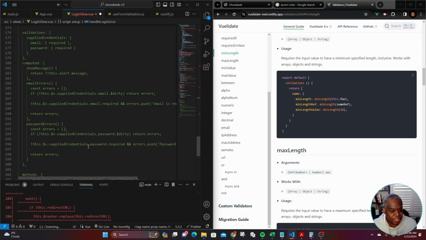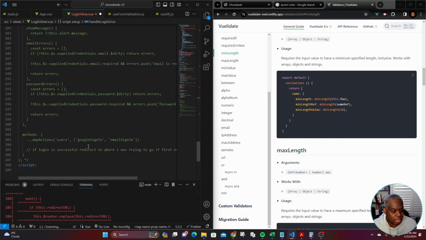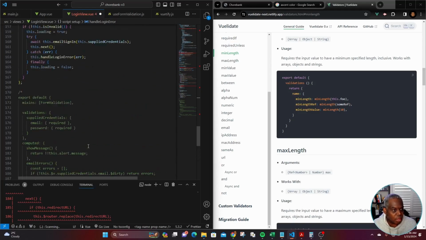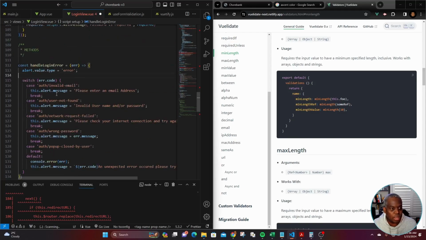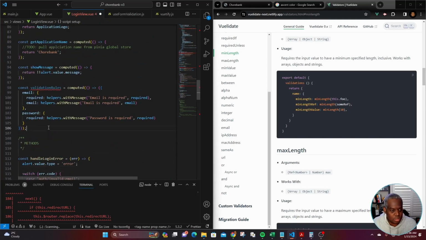But right now, let's just go through with this because we required that. Google sign-in is something that is calling out. We don't have Google sign-in just yet. And then the question is, how do I actually use the use form validation portion of it? Now, after I've defined the errors, what I now have to do is pull out